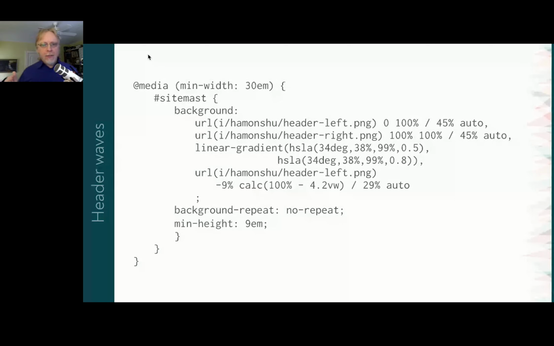And I really like that because the waves resize based on the viewport, and I could have also set it up so that they were fixed widths and they sort of slid apart at wider sizes, or some combination thereof. Not doing things that complicated right now, but the ability is there and all the pieces are in place. All I have to do is adjust this CSS just a little bit at various media query points, and I can get all these different effects. I can drop images out, bring images in, that sort of stuff, which I found really handy.